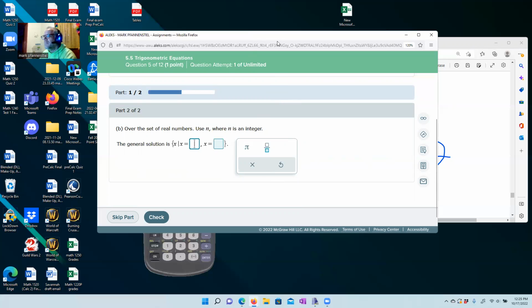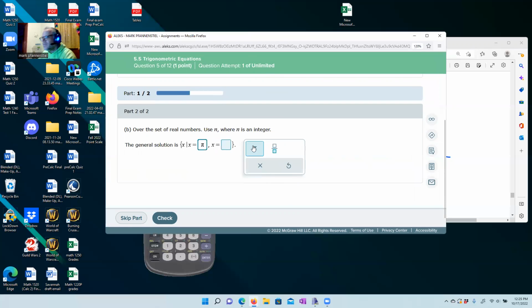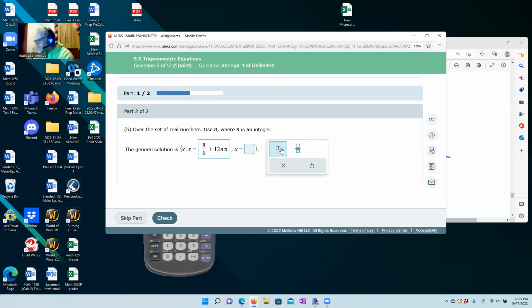I would want pi over 6 plus 12n pi over 6, and then we would also want, comma, our 5 pi over 6, and again plus 12n pi over 6. So that's going to give us all the solutions, and it doesn't matter that they